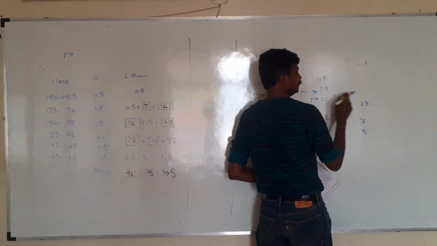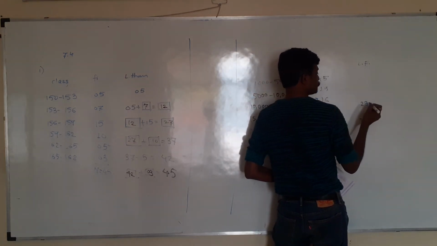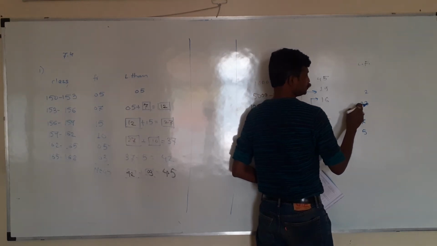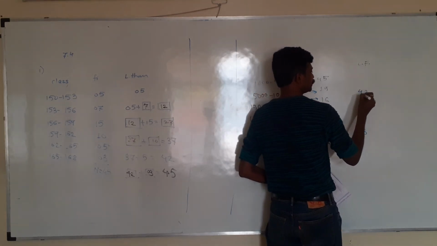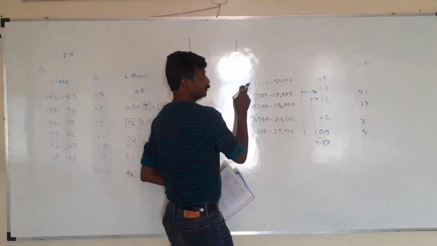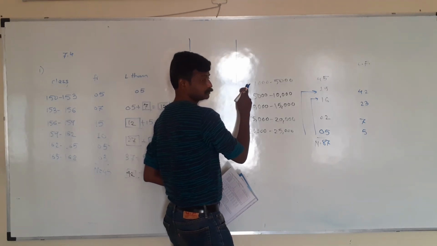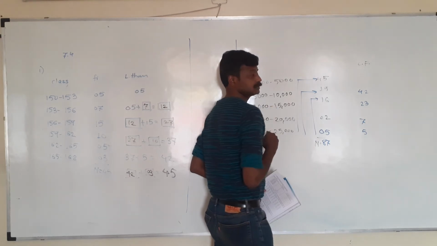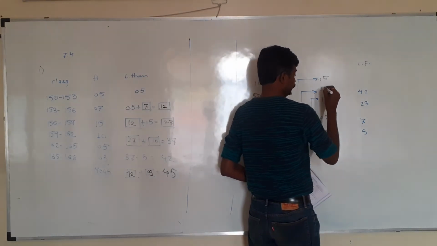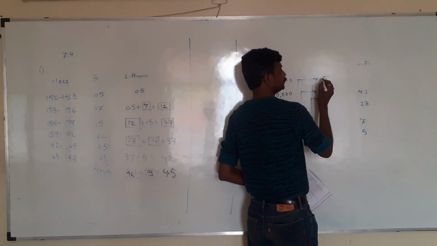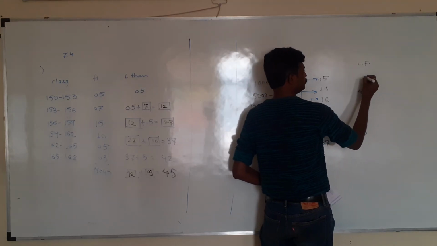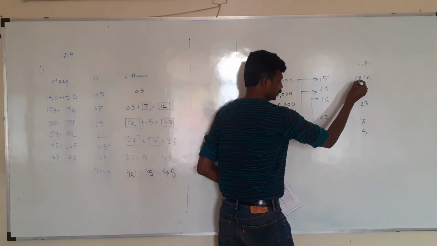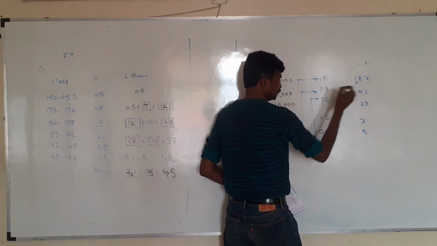23 plus 19: 9 plus 3, 12, so 2, carry 1, 2 plus 1, 3, plus 1, 4. That is 42. Cumulative frequency more than 1,000 is the addition of all the frequencies from down till up. Till here the total is 42. 42 plus 45: 5 plus 2, 7, and 4 plus 4, 8. That gives 87, and the total of frequencies is also 87. See, this one is matching.